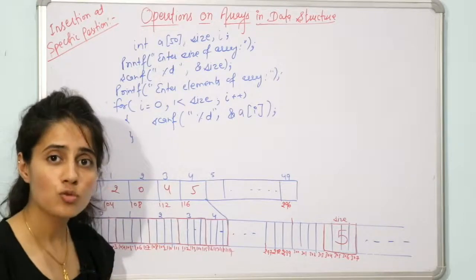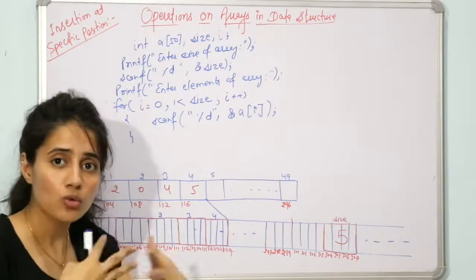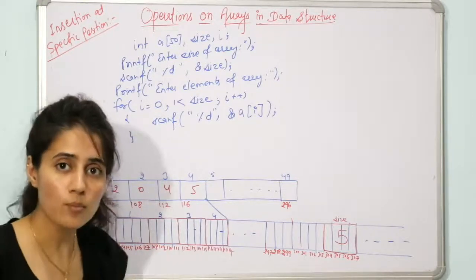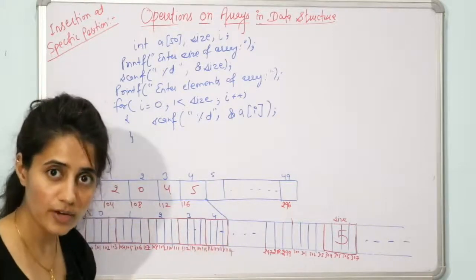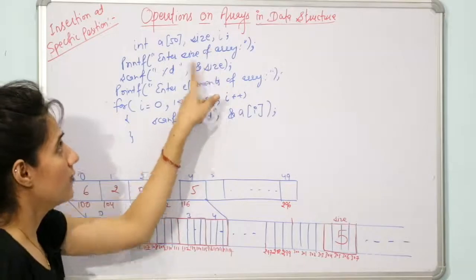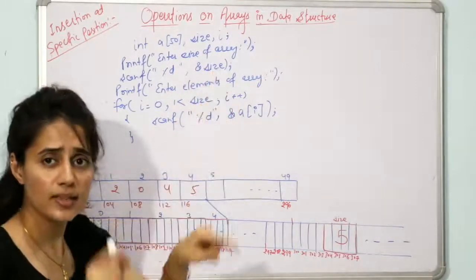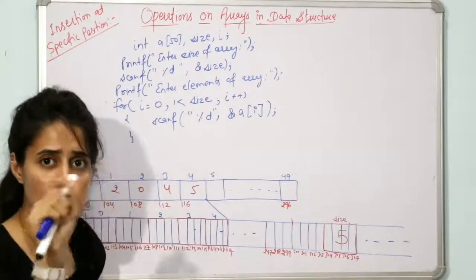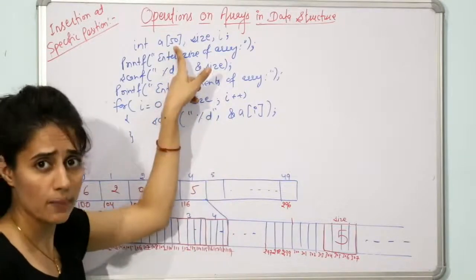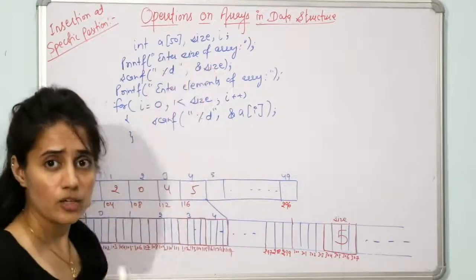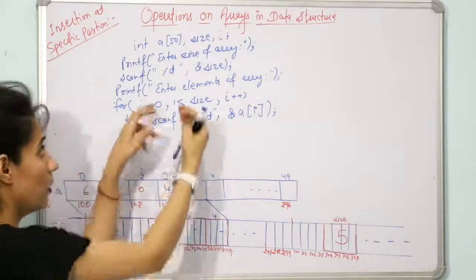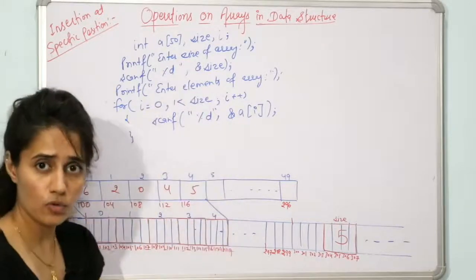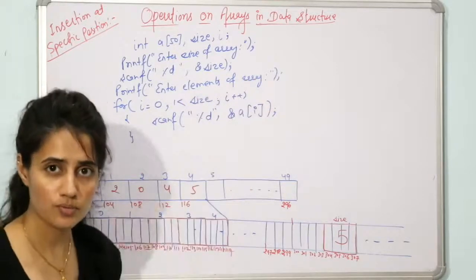The programmer has to take care of this thing. The programmer has to write code in the program only to check the upper bound limit of the array. Fine. So here, only after inserting the size you will write a line that if size is greater than this upper bound limit, this 50, then you will print what? Overflow condition. Else you will write that enter the elements of the array, and other code you will write in the else block.